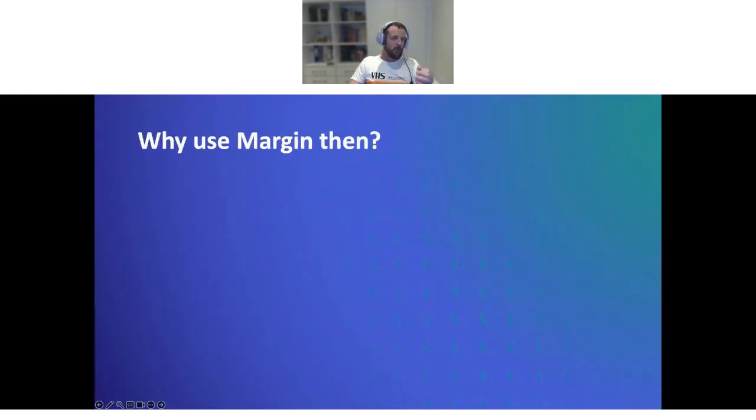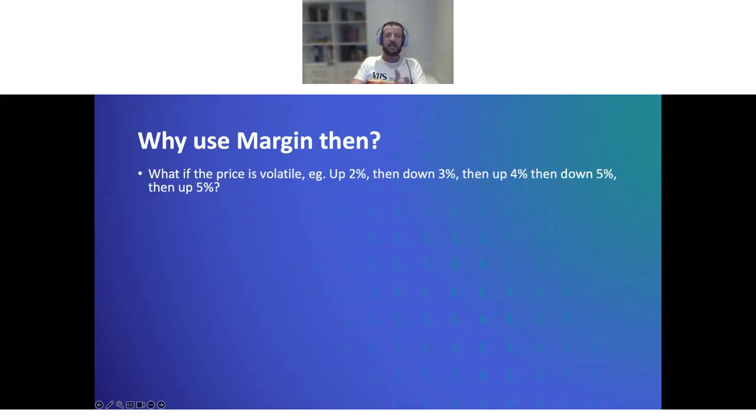So, for example, when does margin become important? When we looked at that $50 coin, thinking that it's going to go up 5%, we've all seen how trades work. We've all seen the price action of charts, and we'll look at some charts just now. But it doesn't necessarily just go up by 5% in a straight line. There's volatility. So what if it is volatile? What if it goes up 2% and goes down 3%, and then moves up 4% and then goes back down 5% and then up 5%? What if you keep getting stopped out before it finally makes the move that you predicted?